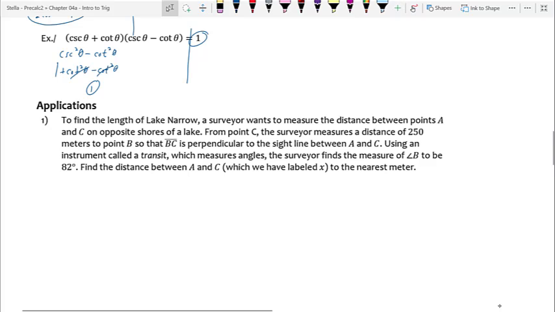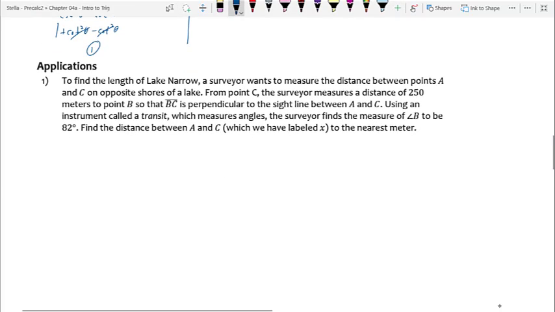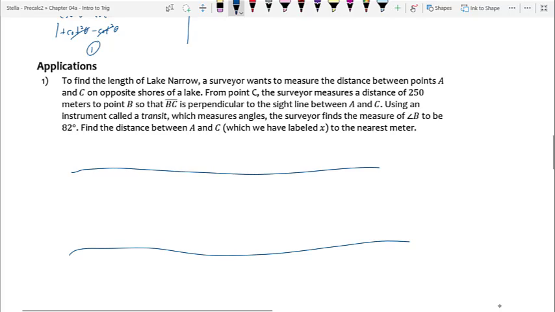Applications problems are exceedingly simple, but you have to draw pictures. So it says, to find the length of Lake Narrow, a surveyor wants to measure the distance between points A and C on opposite shores. So point A and point C, here's our lake. I'm going to put A and C here. They're on opposite shores. From point C, I measure a distance of 250 meters to point B,